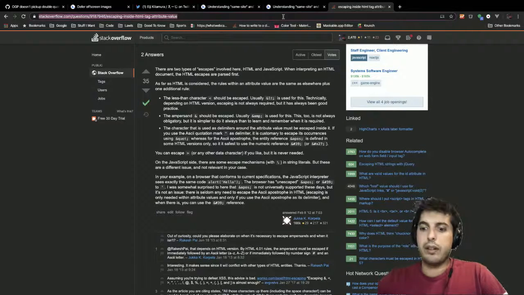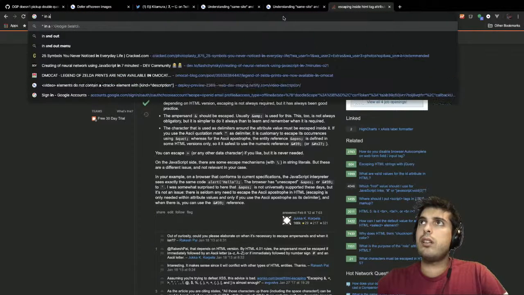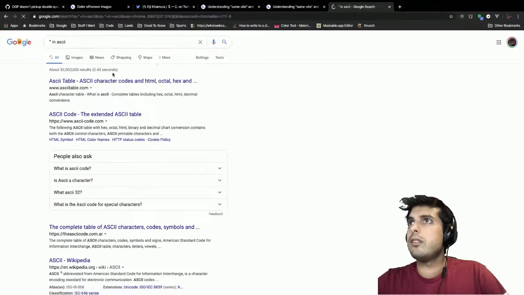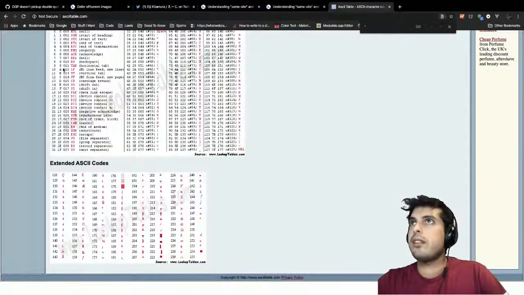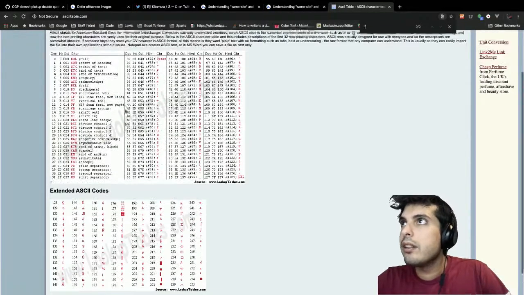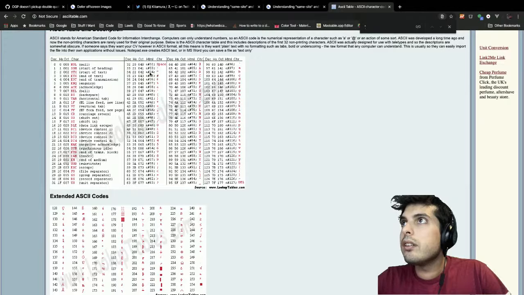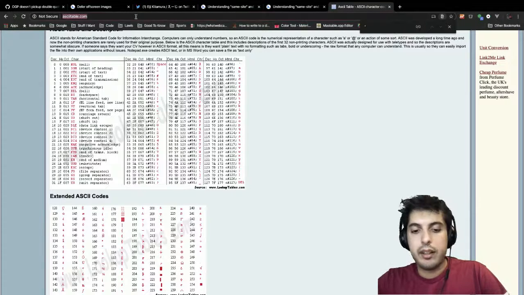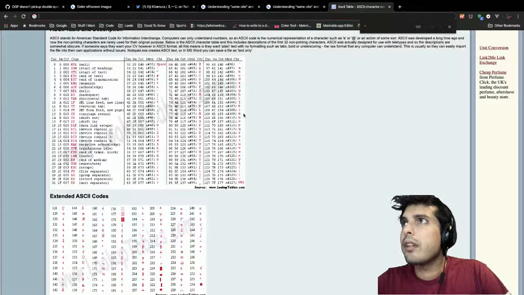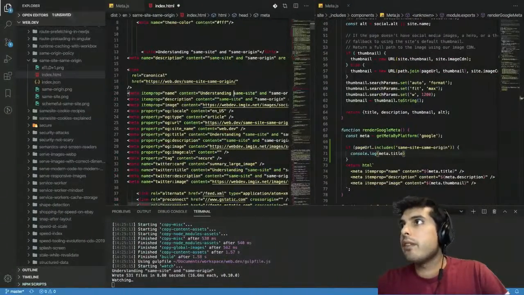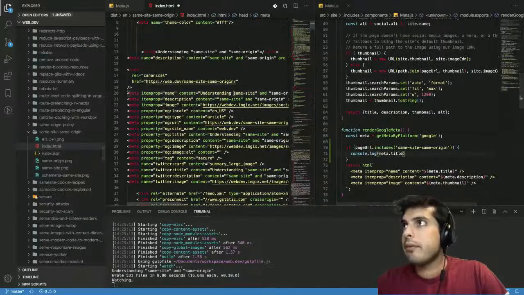So what's a quotation mark in ASCII? Ah, these are just images. No easy way to search for that here. But, so I would do like ampersand, octothorpe, was it 39? No, it was 34. So if I did something like here, if I change the meta name here to 34,